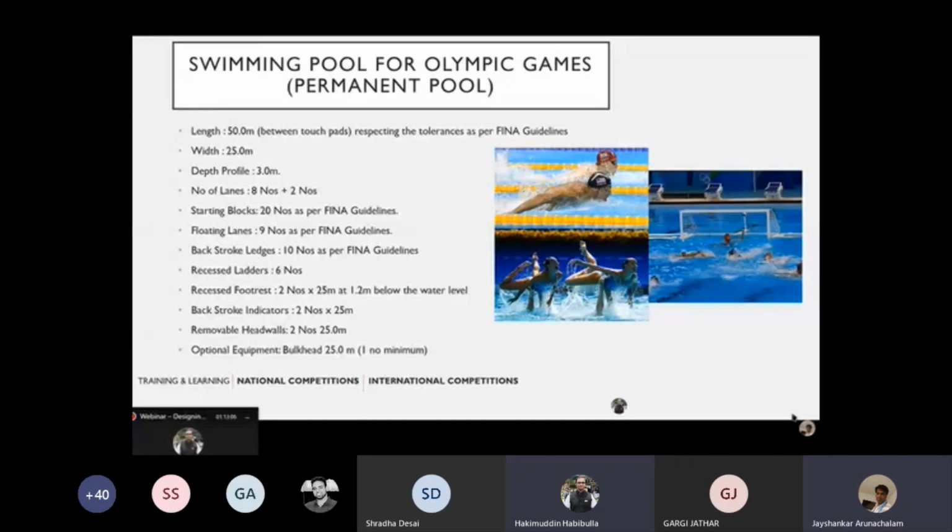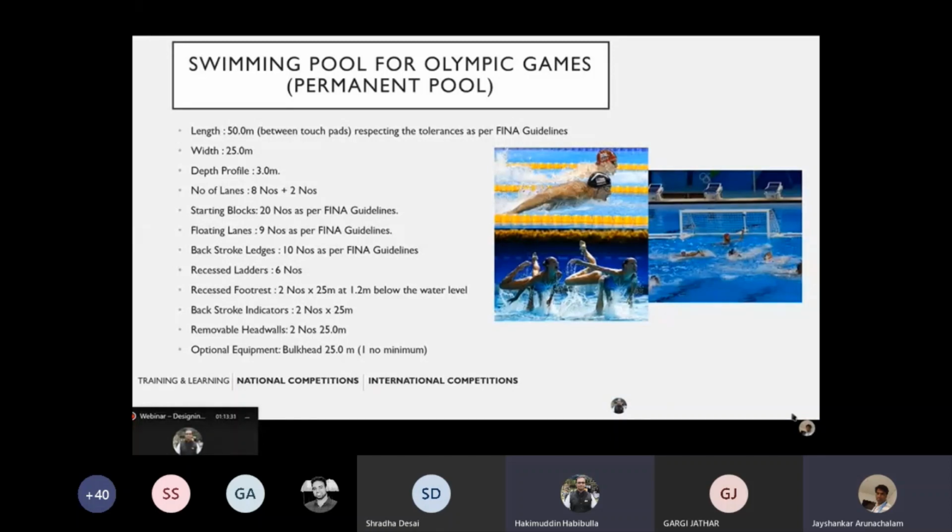The width being 25 meters, the depth profile 3 meters, but as we highlighted in the previous webinar, and I'll repeat again, 3 meters is where we are looking at a single pool being the main venue for swimming, artistic swimming, and diving. And water polo. So these three sports can be done in the same pool, and hence the depth profile of